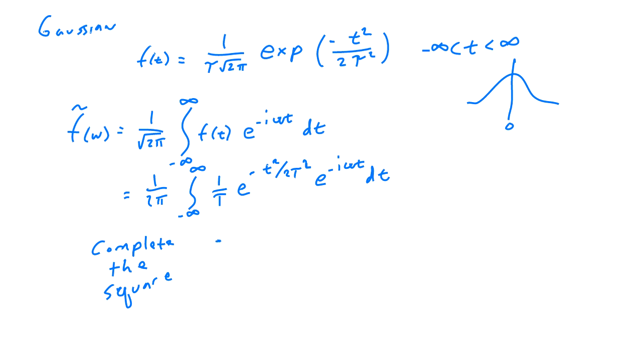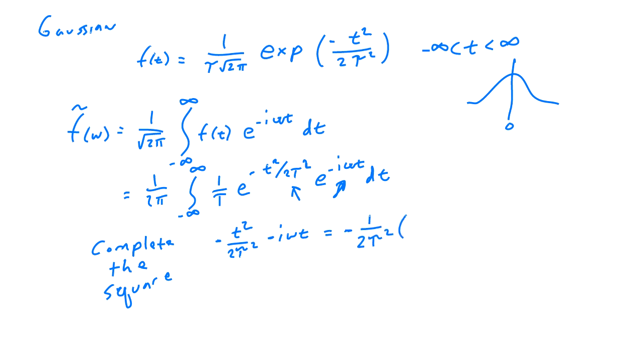So we have minus t squared over 2 tau squared minus i omega t. The way I got that was I just looked at the terms in the exponential. So you could see that here we have one term, and here we have another term. And if you put those together, this is just the stuff in the exponential. What we're trying to do is get this as just the square of something, much simpler. So I can take this and pull out a common term. And so I have 1 over 2 tau squared